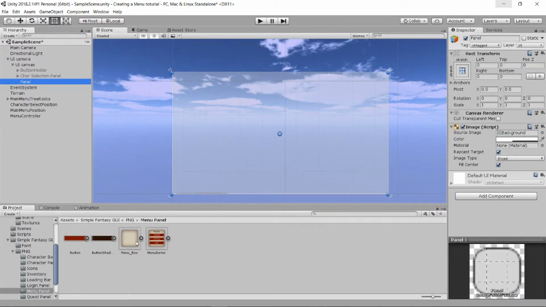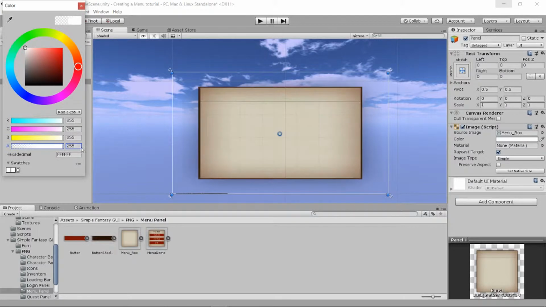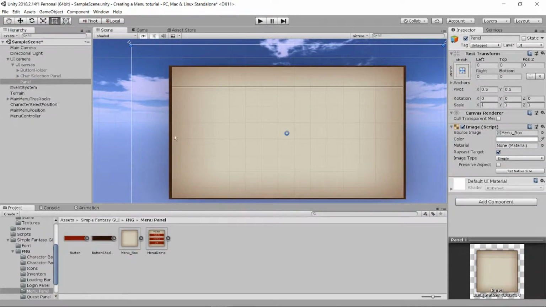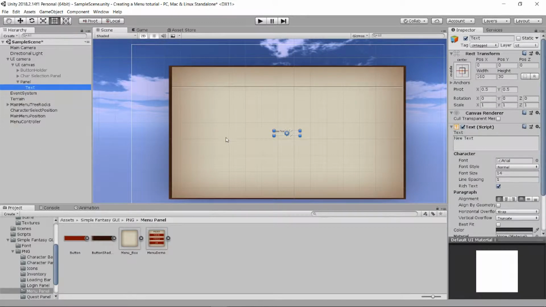So let's go and drag it in, menu box, and put up the transparency. So here we're gonna have some text, here we're gonna have some buttons, and when we click those buttons up will come some options. So we will need a text, UI text, and we're gonna scale it up a bit and say options,